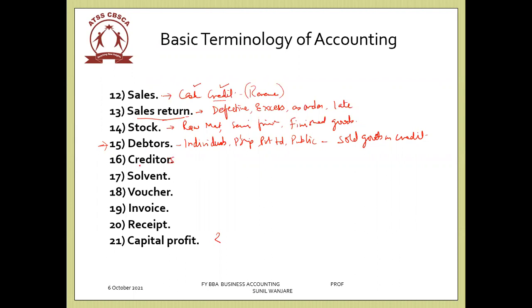Then what are creditors? We have purchased goods or raw material from different suppliers on credit terms, where you're going to postpone the payment. You're going to make the payment after 30 days, 40 days. And all those suppliers who have supplied you goods in accounts are called as creditors. So creditors are all those supplier companies, individuals, where they have supplied goods to us on credit and we owe money to them. Are you with me, students?